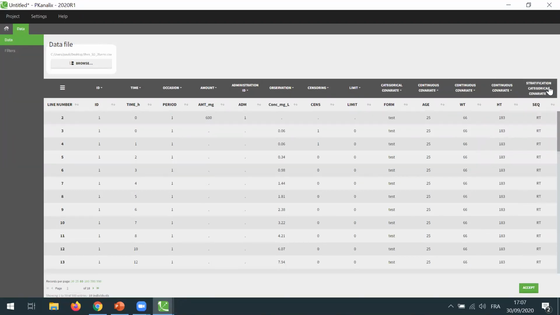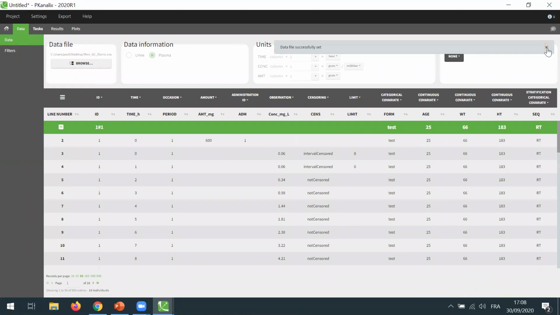This column type, stratification covariate, is a new type that we have introduced in this new version of the Monolix suite. It allows you to have a covariate displayed in the plots and available for stratification. But this covariate won't be available for the covariate model in the interface, usually for covariates like this, where it is just the organization of the data and for which it would not be interesting to add them in the covariate model itself. So now I can accept.